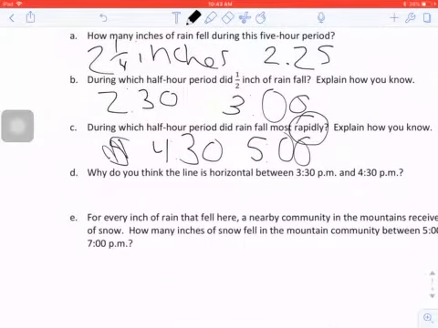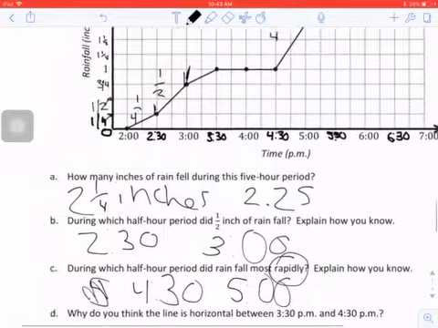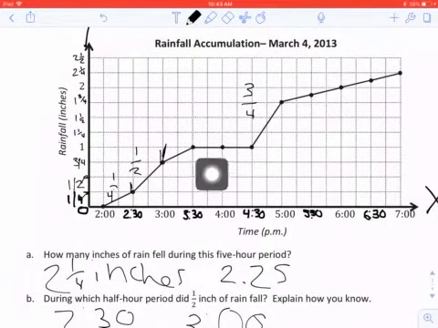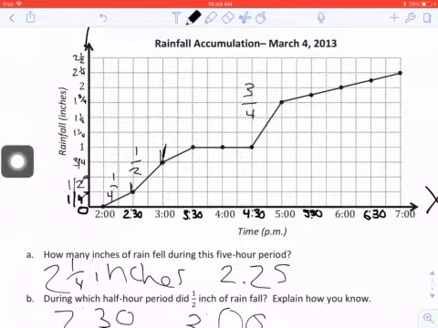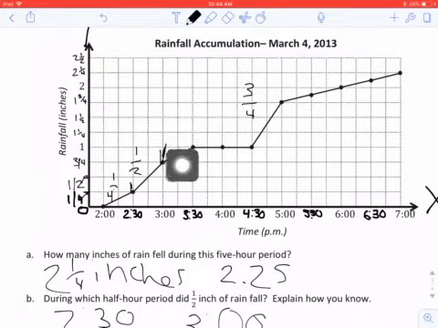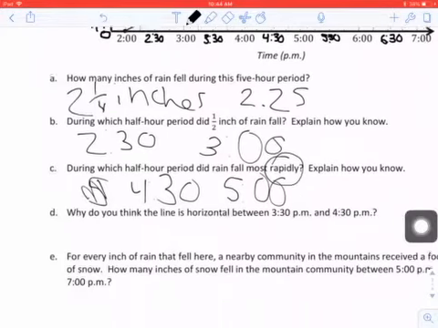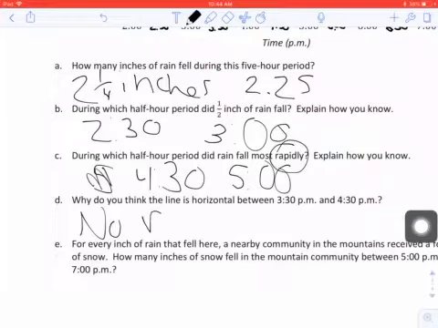Why do you think the line is horizontal between 3:30 and 4:30? So all the way between here, this line is steep. Why? I'm sorry, the line is not steep. It's straight. Why is that line straight? Well, it's straight because no rain fell. It started off at 1 inch and ended at 1 inch. So no rain fell during that time. So no rain fell from 3:30